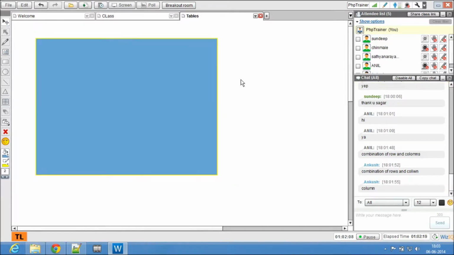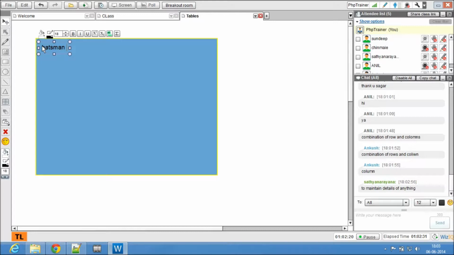So for instance, cricket scores. How do cricket scores look? This is how they look. They'll have the batsman name, then the status, out or not out.